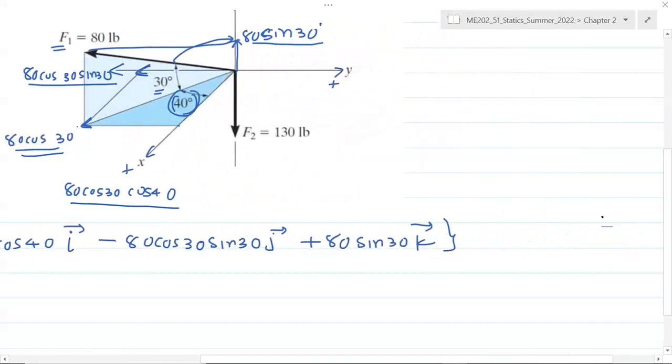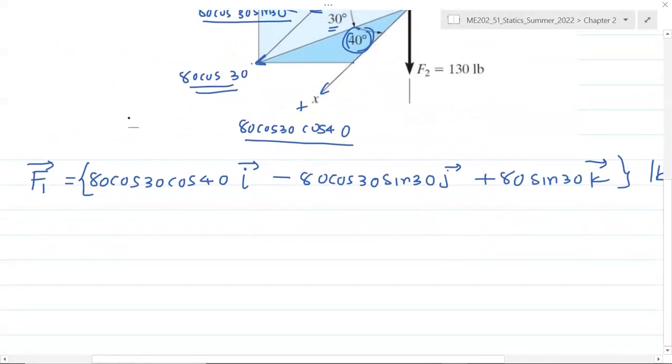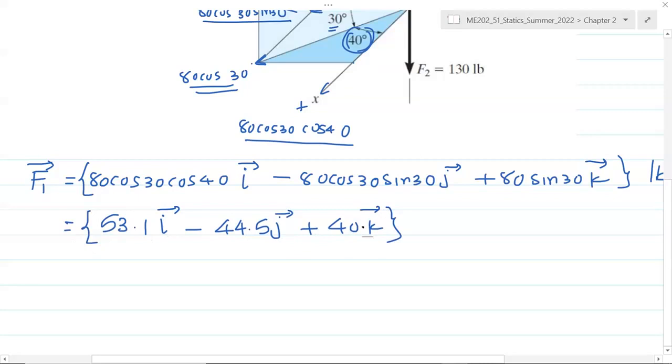And the unit is pound here, so we will write pound. And when you do these multiplications, we'll get 53.1 i minus 44.5 j plus 40 k. So these are three components of the force F1: x component of the force, y component of the force, and z component of the force,